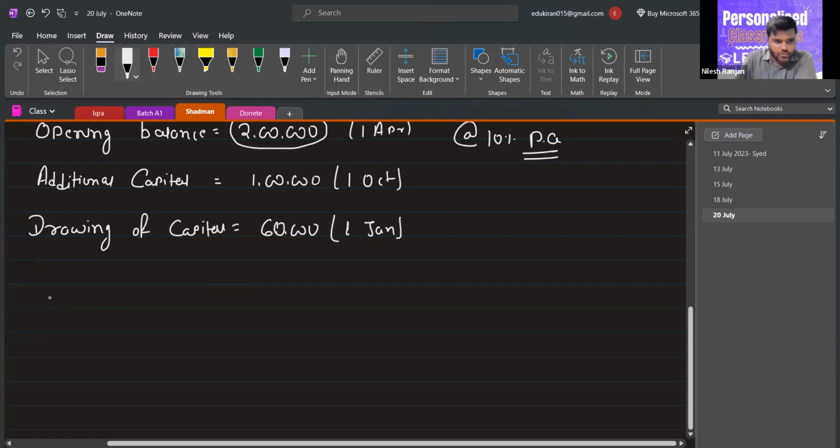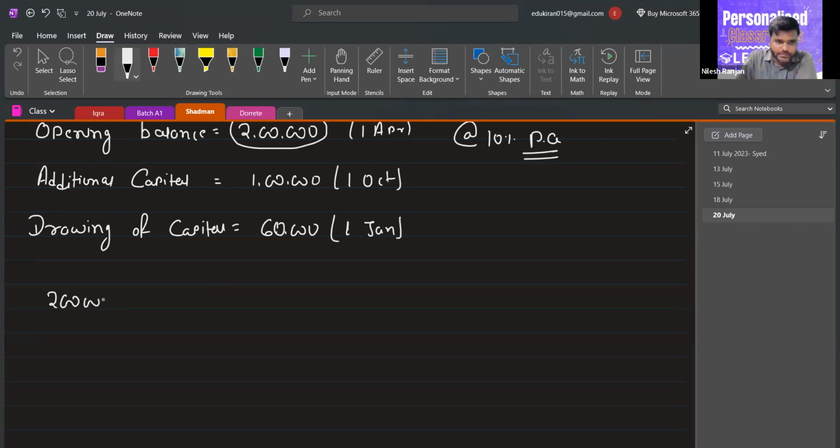So first we will calculate interest on 2 lakh. Then we will calculate interest on 3 lakh. And then we will calculate interest on 2,40,000. Because our opening balance is 2 lakh, and it is for how many months? 6 months, from 1st April to 1st October. You have to take it like this, into 10%